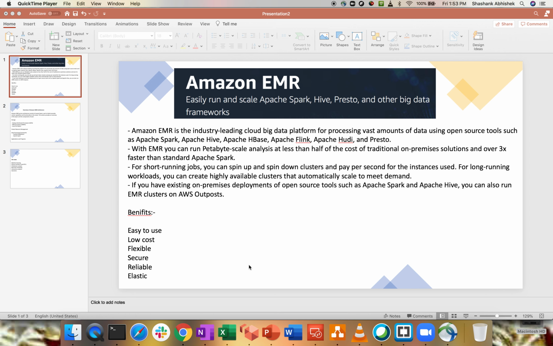What exactly is EMR? It's a managed cluster platform that simplifies running big data frameworks such as Apache Hadoop or Spark on the AWS platform, to process and analyze vast amounts of data. What does that mean? Whenever you create an EMR, it gets created in the form of clusters, like a master and a node section, right?